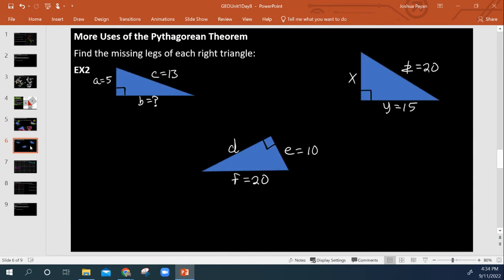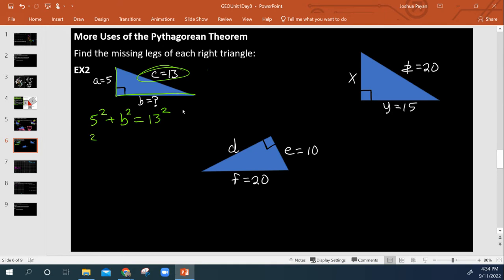Okay, so now we've got a little bit uglier examples. So now we're trying to find missing legs on right triangles, not anymore with the missing hypotenuse. So let's jump right into that. So we can still use the Pythagorean theorem to find a missing leg, right? We don't only have to use it if we're just trying to find a missing hypotenuse, right? So we can still say leg squared plus leg squared, except I have to say b squared, right? I can't say I don't know what b is, right? So leg squared plus leg squared equals my hypotenuse squared,